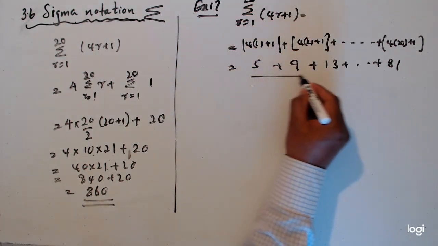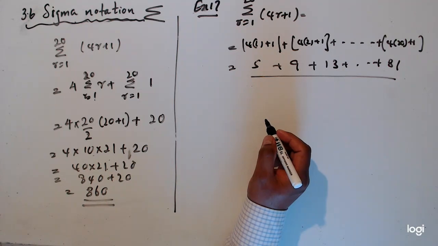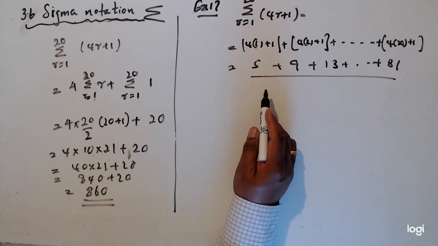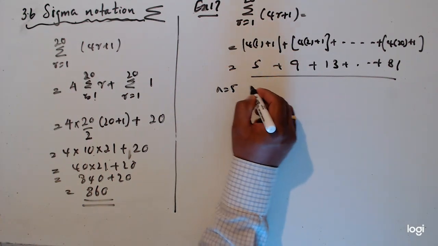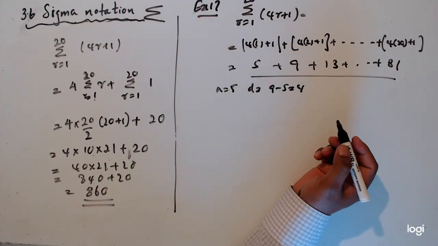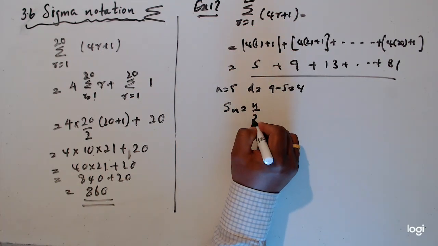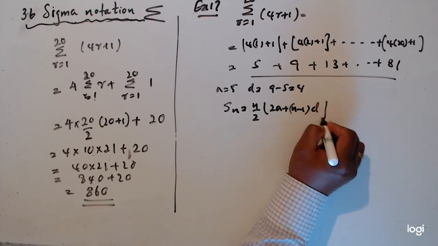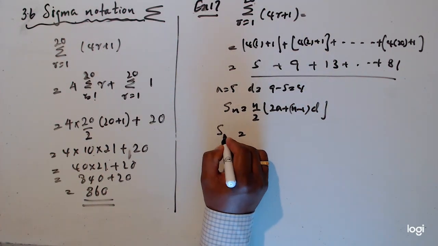Now this is a which series? Arithmetic series. A is 5, D is 9 minus 5, that is 4, and we'll work up to the nth term. We know the sum is n divided by 2 times (2a plus (n minus 1)d), and then up to 20 terms the addition